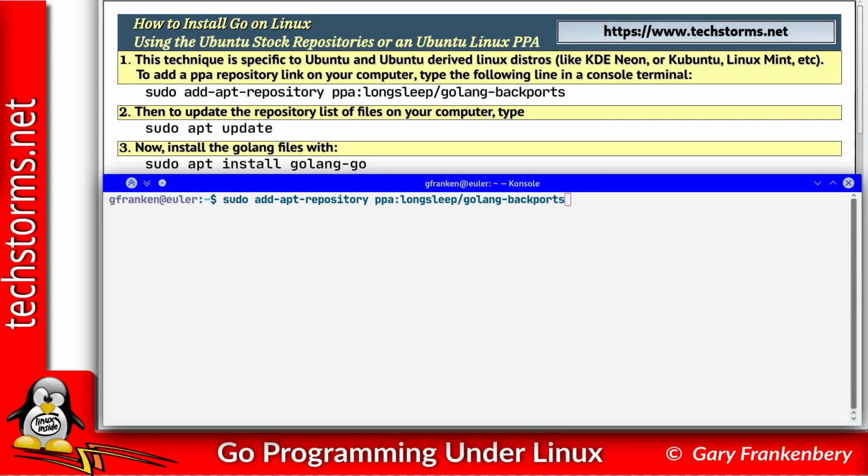If you're installing from the Ubuntu stock repositories, you'll begin at instruction step number 2. If you're installing from a personal package archive, you'll begin at instruction step number 1. Step 1 in the install instructions is the command to add a link to the personal package archive for Golang packages. Ubuntu-related distros require you to enter the sudo prefix command to temporarily get root access rights to the files on your machine. So please enter the command in a console terminal as shown on the screen: sudo add-apt-repository